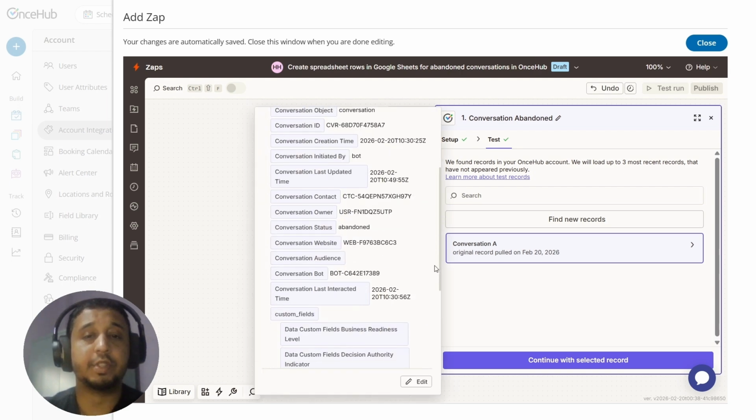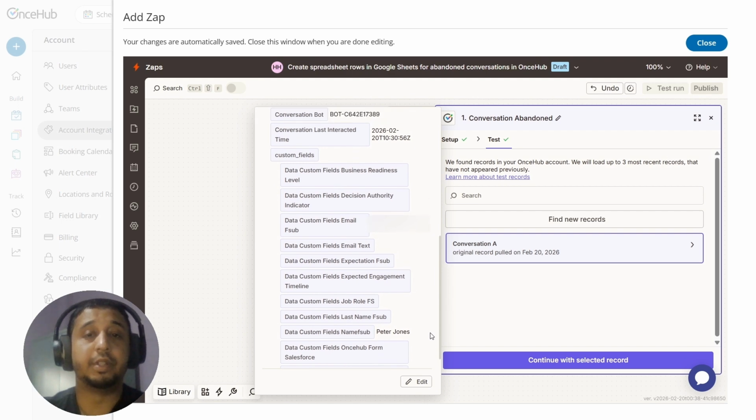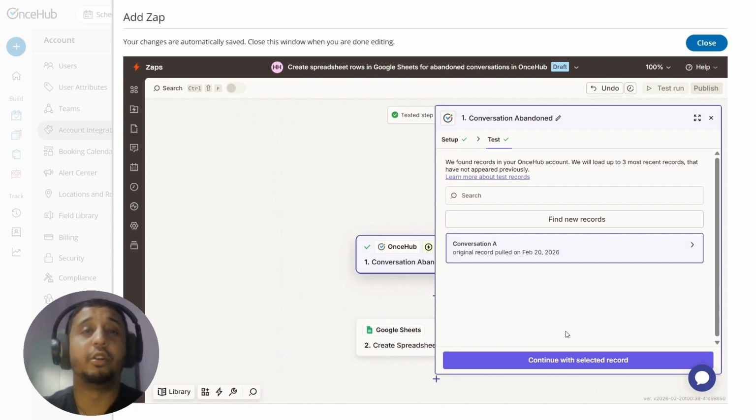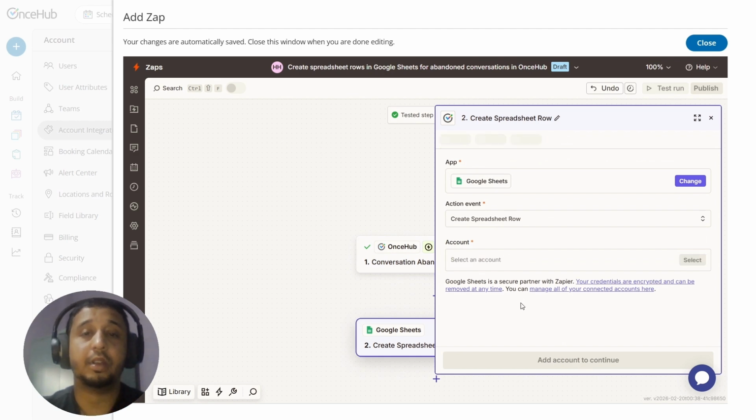Now, whenever we are using the conversation trigger, we need to be sure whether it is for chatbots or for forms. Whenever you are using it for a chatbot, you need to use the find contact option as well, as contact fields are mapped with your chatbot conversation. Whereas for your forms, you can map both, and you can also map the available form submission fields. Depending on the type of information that was entered by the visitor, the information would be available in this trigger. So let's click on continue, and currently it is just configuring the